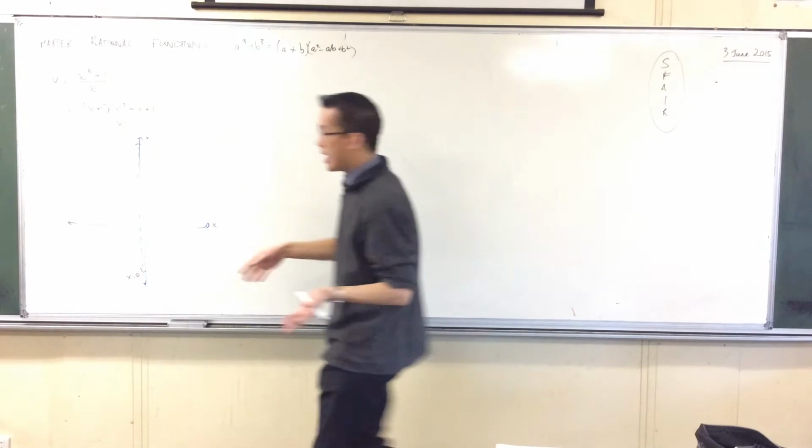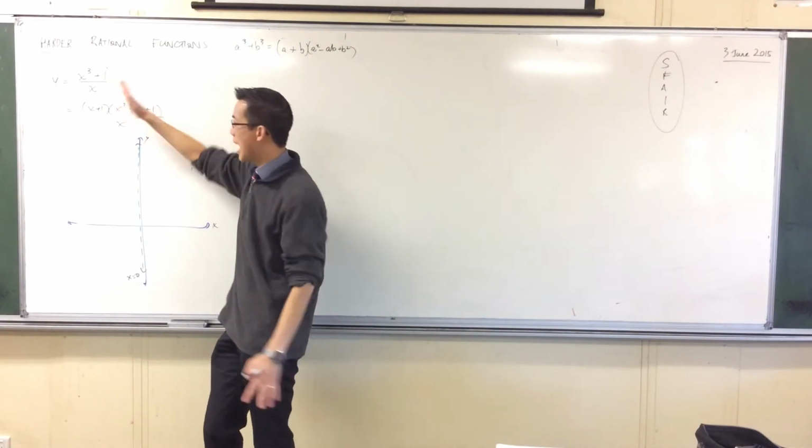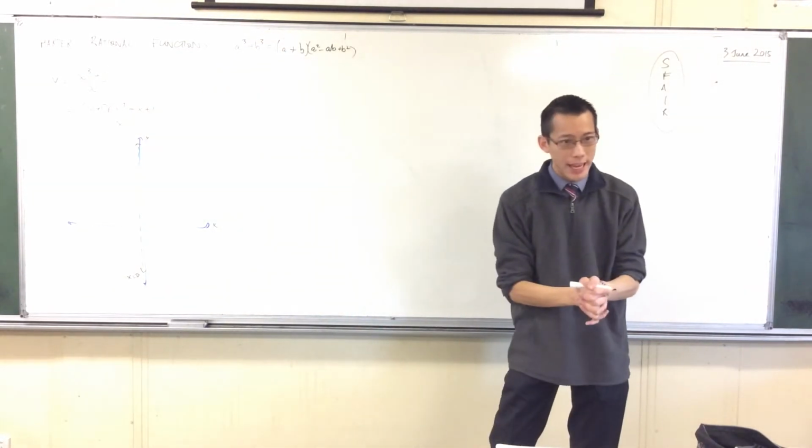X squared, x squared. Yeah, they've either got to be the same, right? Or the bottom should be bigger, right? Make sense? And we don't have that. So we're expecting an oblique asymptote. But then the problem here